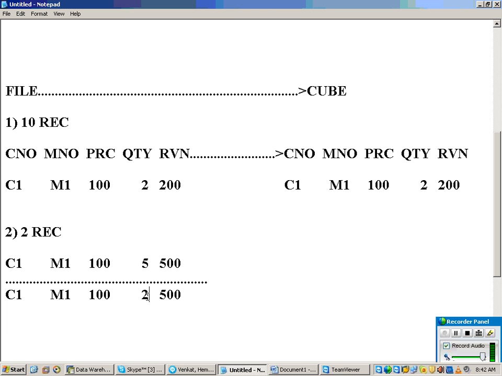The value will be replaced in the source, but when you are loading into the cube, what is going to happen? In the cube it is going to add up, right?